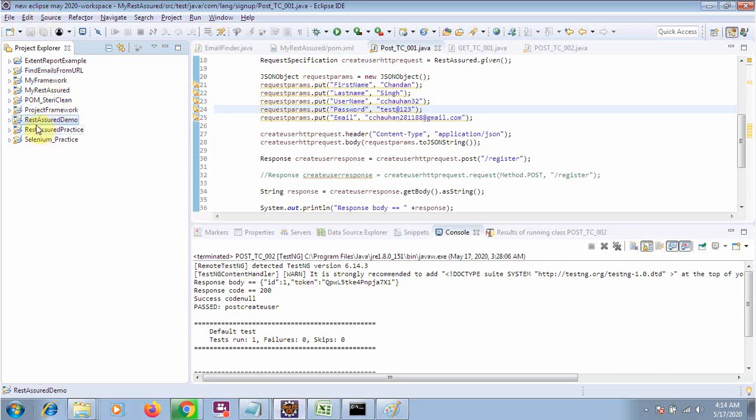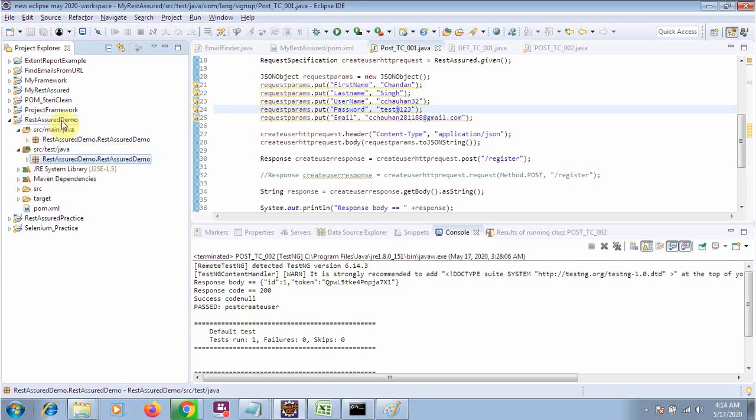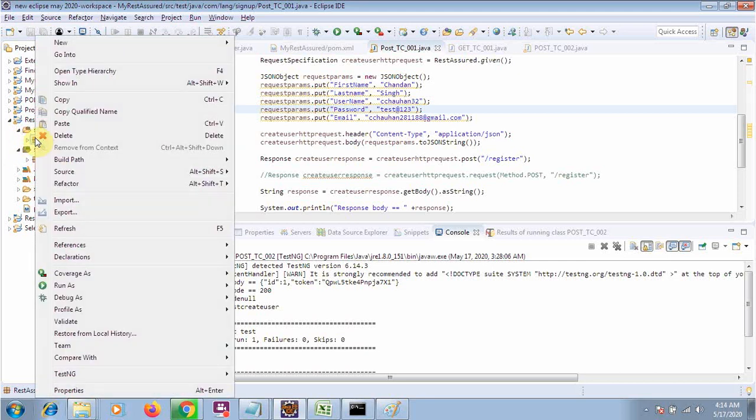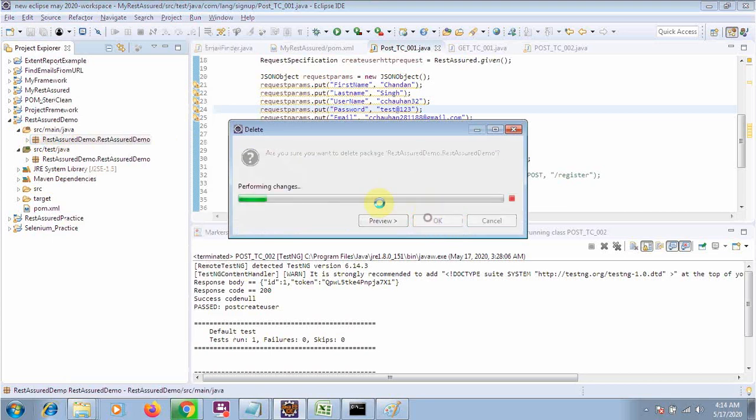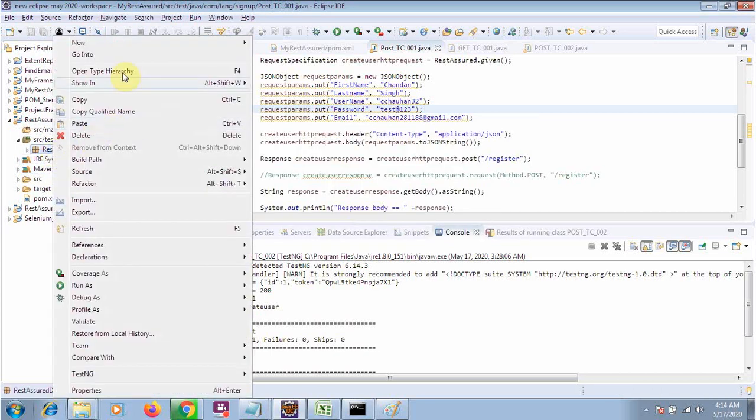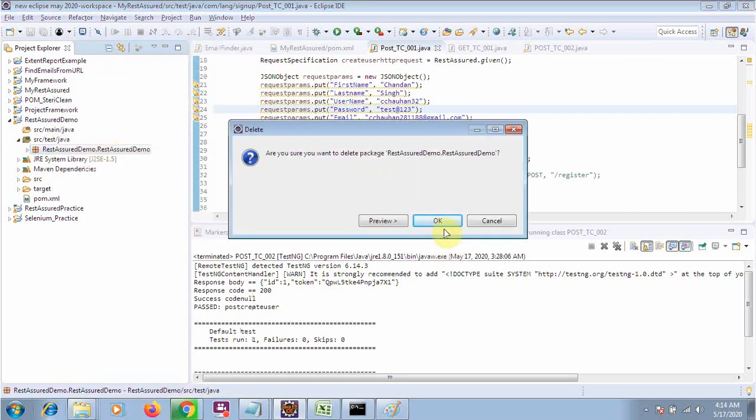If you expand this one, you will get some folders like this. You may get some different folders as well, or one more folder like resource. Don't worry, we will be working with only two folders. Basically, the test folder is useful for the tester, and the rest are not used. Whenever you go to an organization, you will also be working on all the tasks within these two folders. I will explain all these things in a few minutes. Let me remove this default package that has been created, and this one as well.